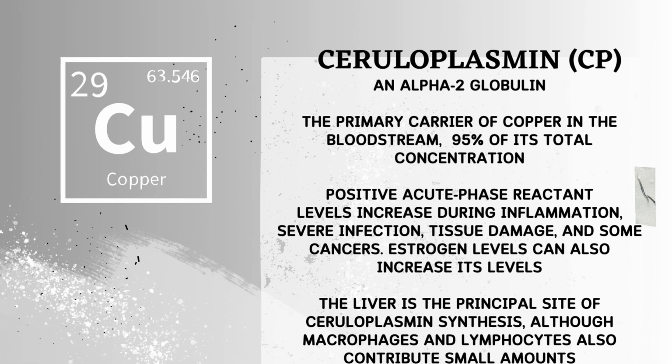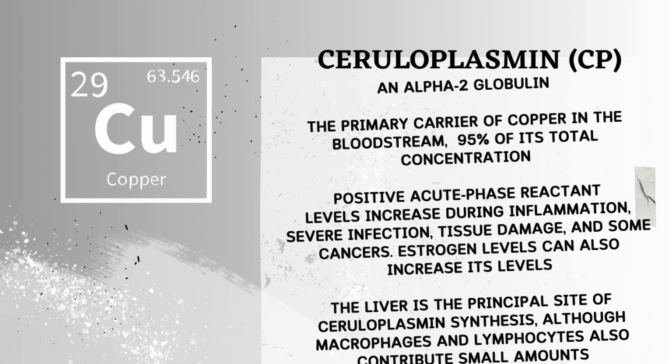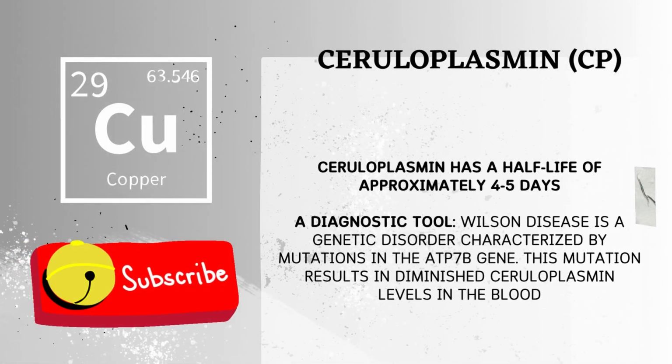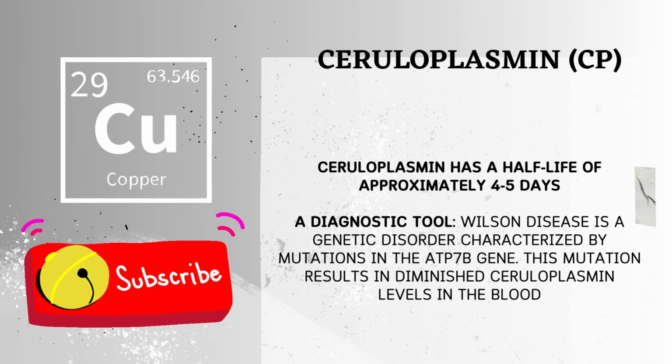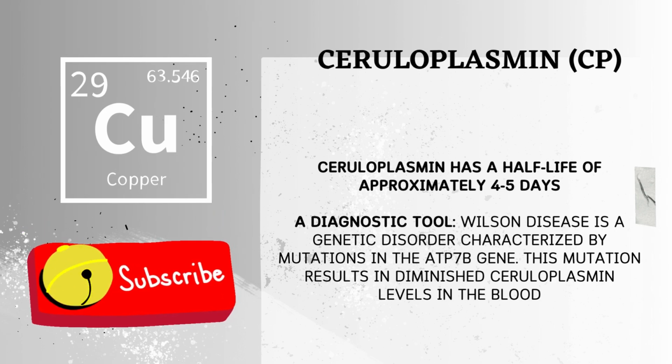Ceruloplasmin possesses a characteristic blue color in solution. In rare instances, very high levels can impart a greenish hue to blood plasma. Production and elimination. The liver is the principal site of ceruloplasmin synthesis, although macrophages and lymphocytes also contribute small amounts. Under normal circumstances, ceruloplasmin has a half-life of approximately 4 to 5 days, meaning it's constantly being produced and broken